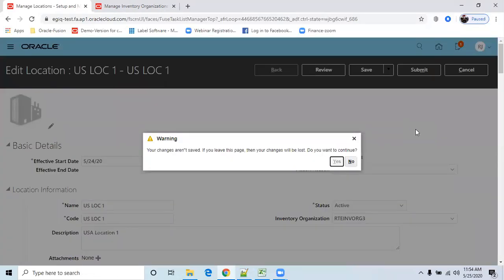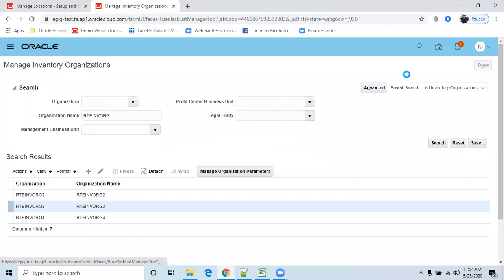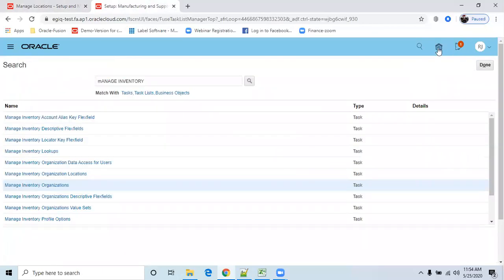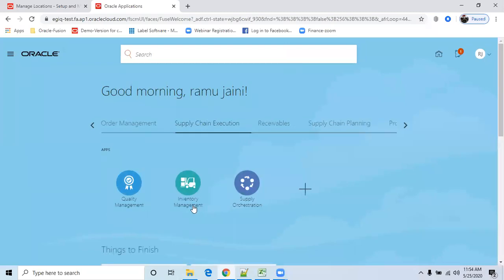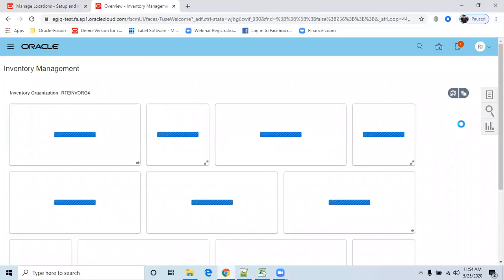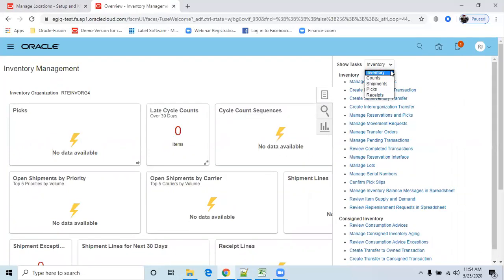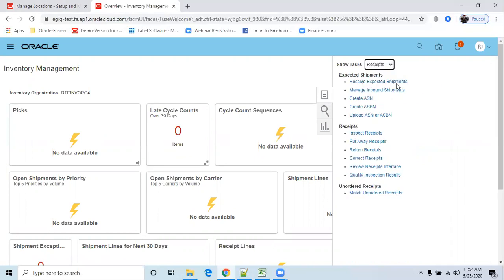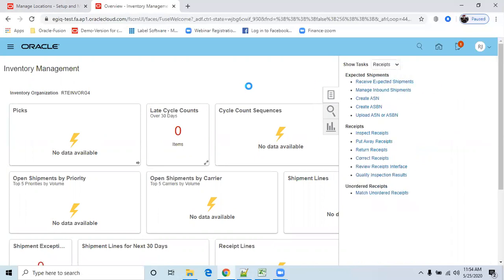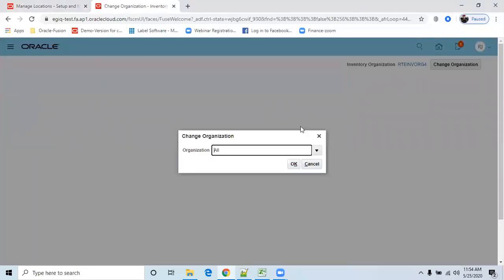So click on save. Now go back to our inter-organization transfer. We already did the inter-organization transfer. Now we need to go to inventory management again. Go to receipts, receiving expected shipments. Now we need to change the organization to the destination.